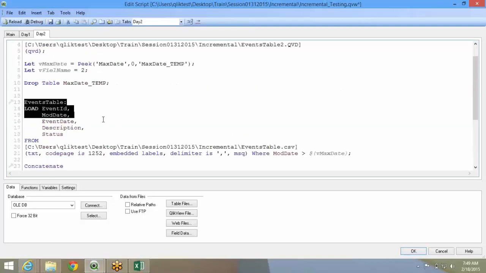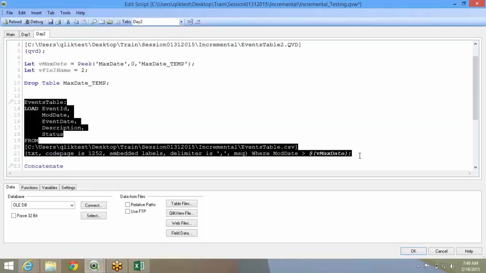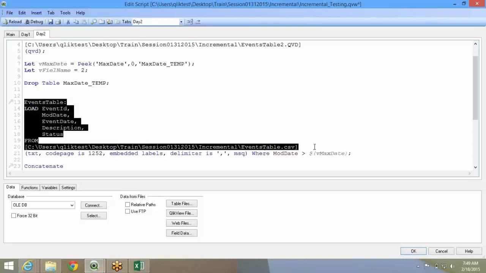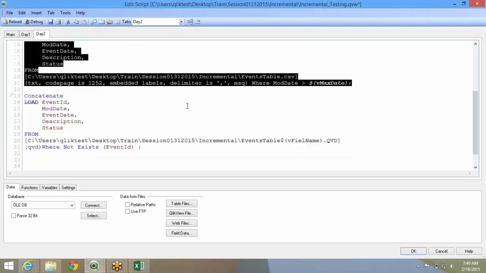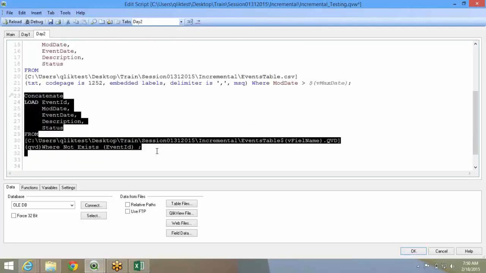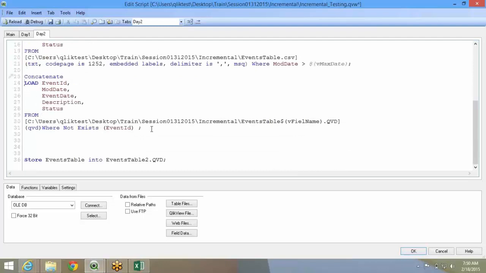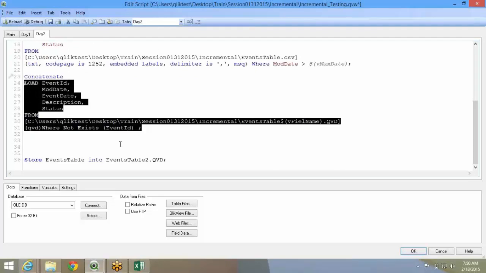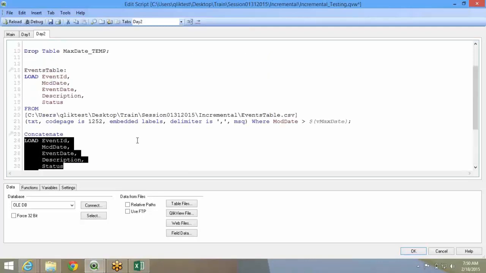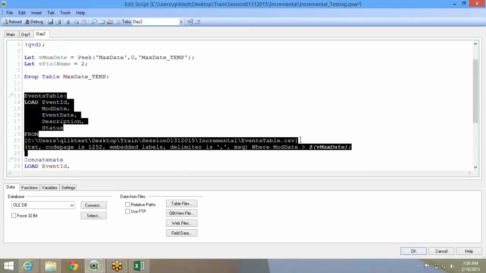So the first process is the same thing, the events table. If there is any modified date, max of it or anything, you find out and you load this. Now the challenge is when it is not deleted. Before loading this, you will have to make sure that you are dropping off all the deleted records. So you will have to load this events table, whatever file we are seeing, as the second file.